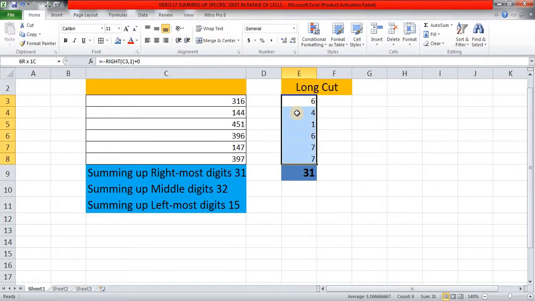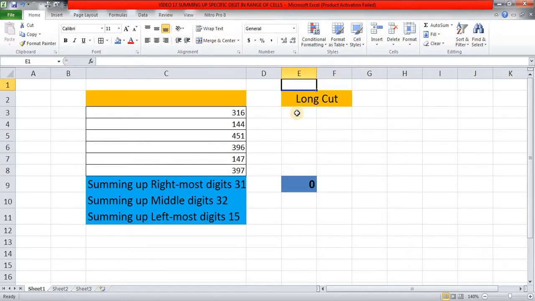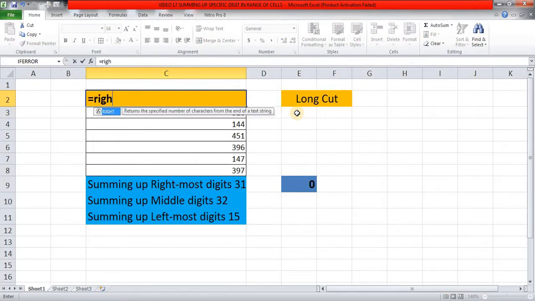I want to show you a shortcut, because we want this result to be the result of a single cell formula. As you all are aware now, we'll be using RIGHT, MID and LEFT in these three scenarios. So I'll start with RIGHT. I'll press tab. Now instead of choosing only one cell, I am going to choose this entire range, and minus, and comma 1, and enter, Control Shift Enter, because here I am choosing the range of